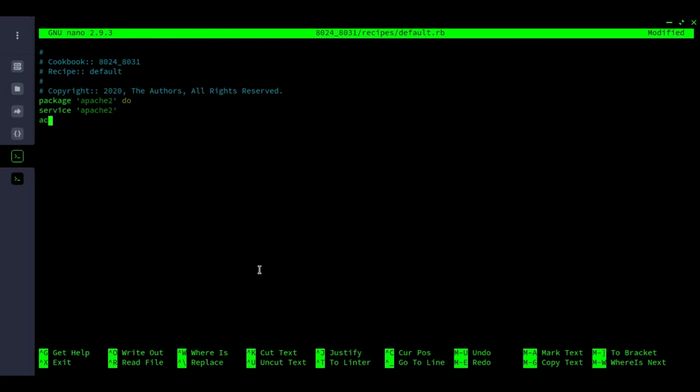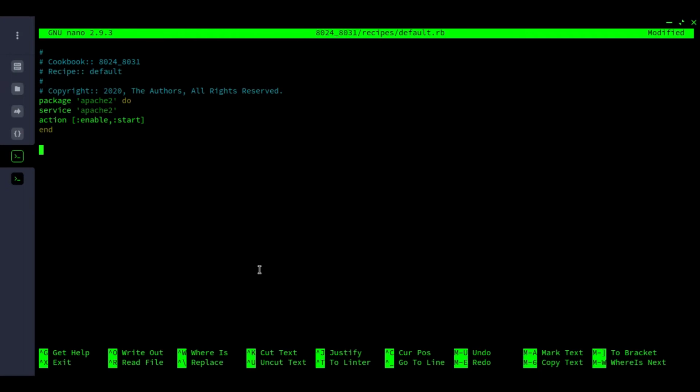We have to enable and start it. So actions will be enable as well as start. Now after actions you end the do. The Apache directory stores index.html files in the var directory, in which there is www, in which there is the HTML directory.